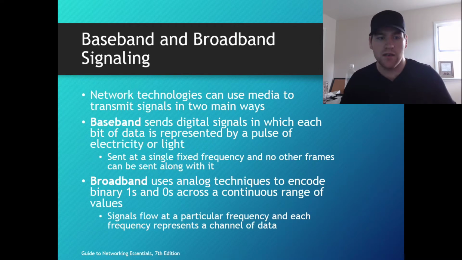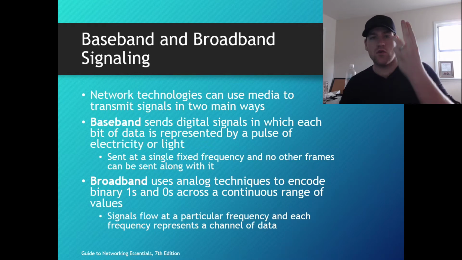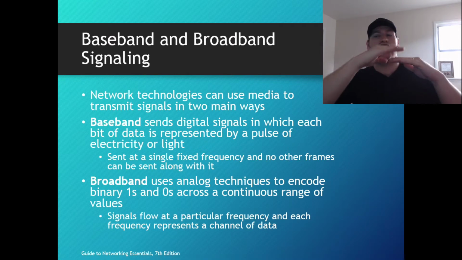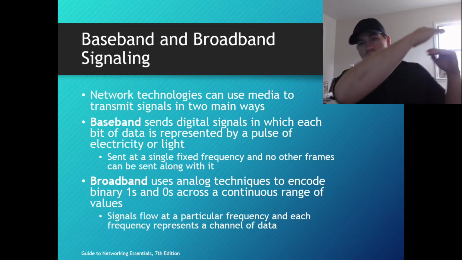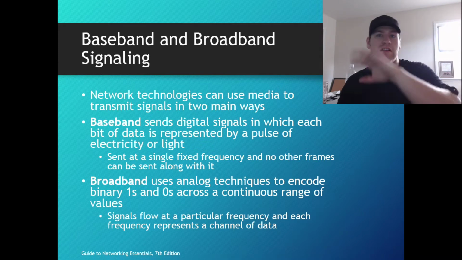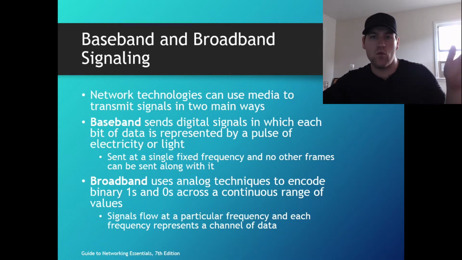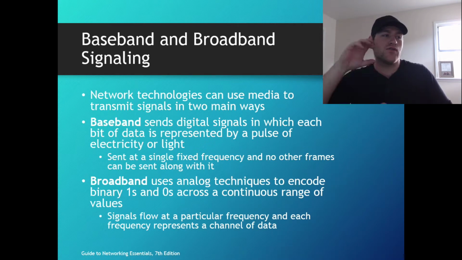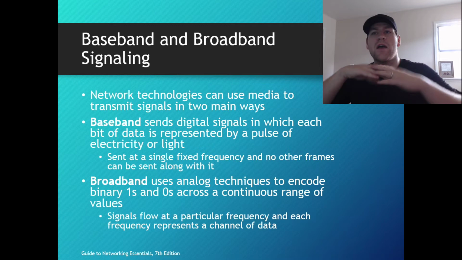Television uses broadband, and so does any ISP that you would have today. So they can send your phone, your TV, your internet all over a single wire, and that's because they're using broadband technology, meaning that they're dedicating channels 1 through 100, those are all your TV channels. So when you tune into channel 1 on your TV, it picks up whatever television station is being broadcast out on channel 1. Okay, so channels 1 through 100, and then channels 100 through 200,